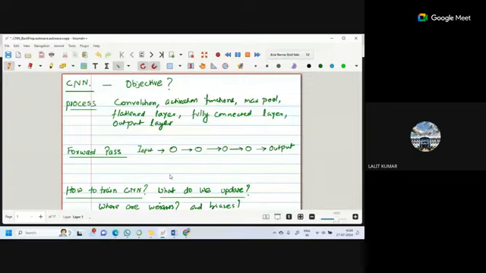Or we might apply max pooling with a certain stride, and finally we flatten it to get a flattened layer. Then we have a fully connected layer with some activation function at the output layer, and we get some output. I will draw this diagram also. So with this basic architecture of CNN,